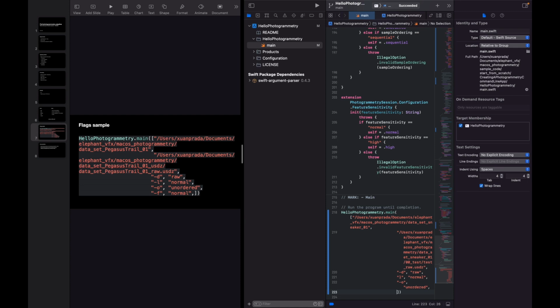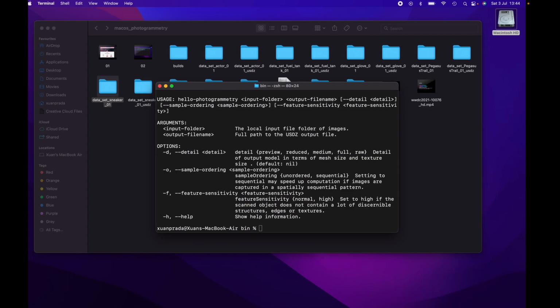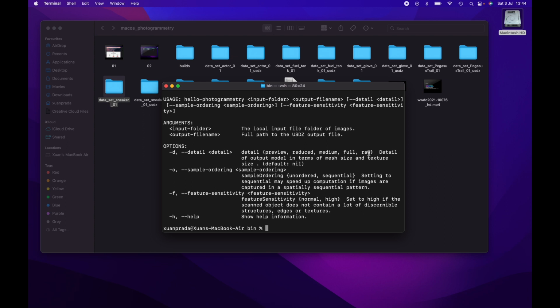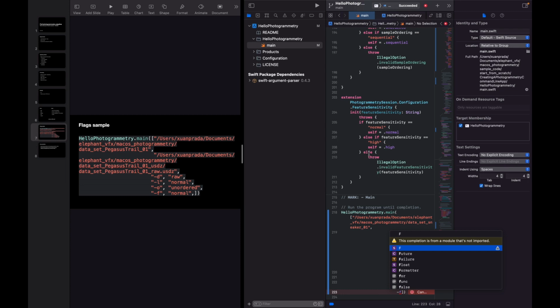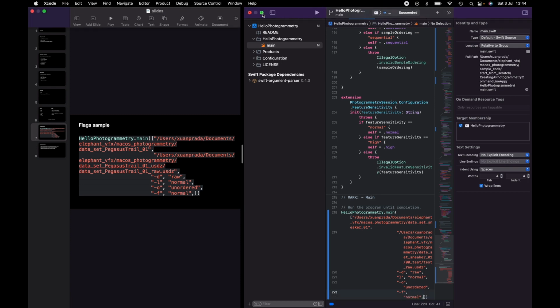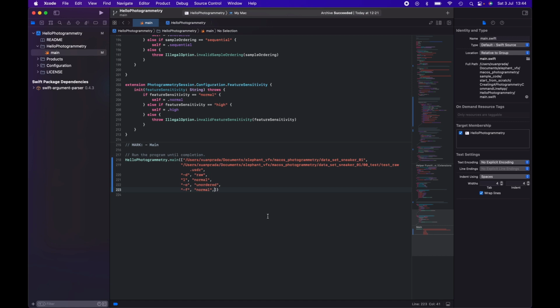And the next flag that I want to use is the F. Remember, F stands for feature sensitivity. So again, high if you have a subject that lacks a little bit of detail. Otherwise, you can just use normal. So let me do -F, comma, and I'm going to set that one to normal. Okay, let me add a comma, and let me maximize this